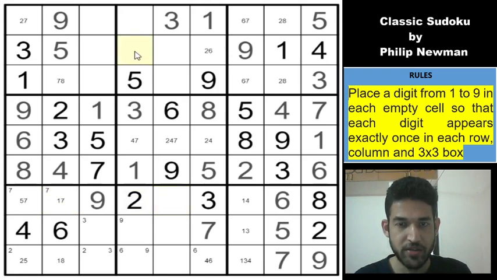So let me look at this cell. So if you see my solve, most of my solves will predominantly focus on rows or columns which are heavily constrained, and you will also notice that I rarely write more than 3 candidates in a cell. So in this classic Sudoku 2, I am focusing on cells which are constrained. So if you look at this cell, row 2 column 4, 1, 2, 3, 5, 4 and 9. So this cell can only be 6, 7 and 8. I rarely write more than 3 candidates in a cell.